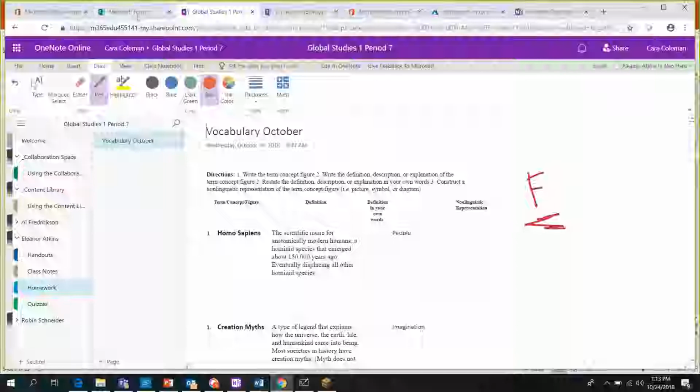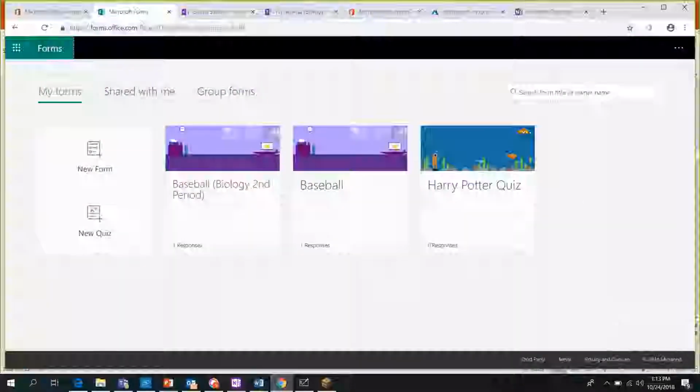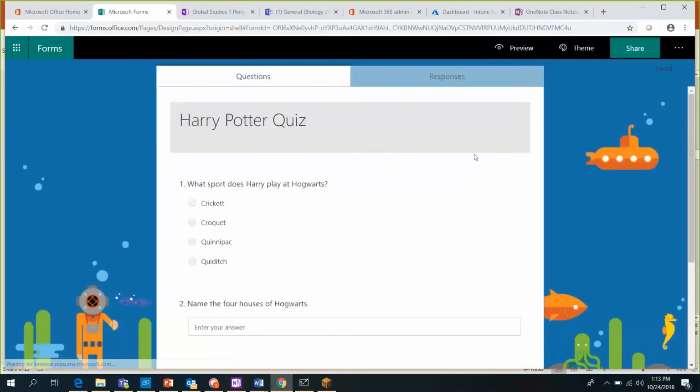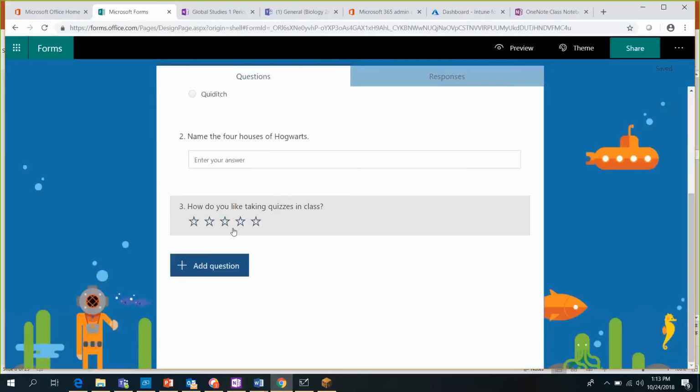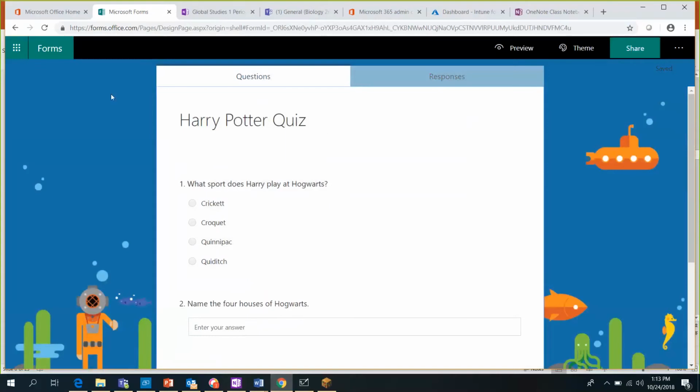Now, one of the nice things before I get to Teams, in Office 365, there's actually Forms that you can create. Okay, so sorry about that. These guys are really loud behind me. So we can create different quizzes. With Forms, like I just created a Harry Potter quiz, you can quickly build out quizzes of different types in that environment. Okay. So then when I'm inside of Teams,